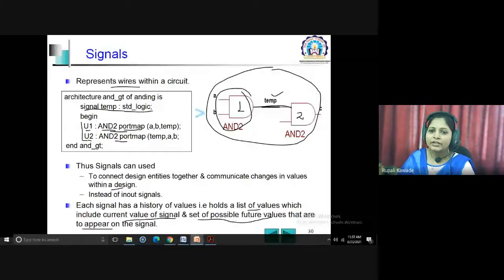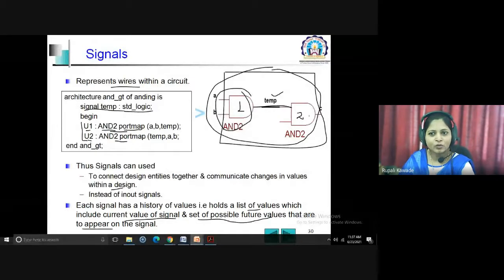See, your actual design has two inputs A, B, and one output C. So where are they mapped? Your first input will be mapped with A, second will be mapped with B, and the output of this first AND gate is temp. So this is the port mapping of the first AND gate.